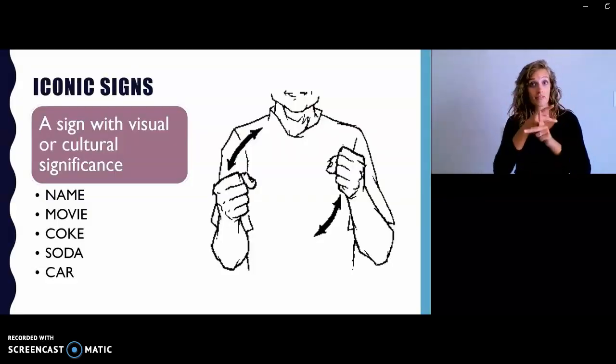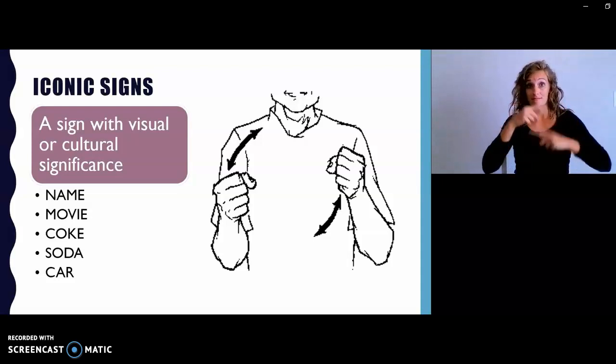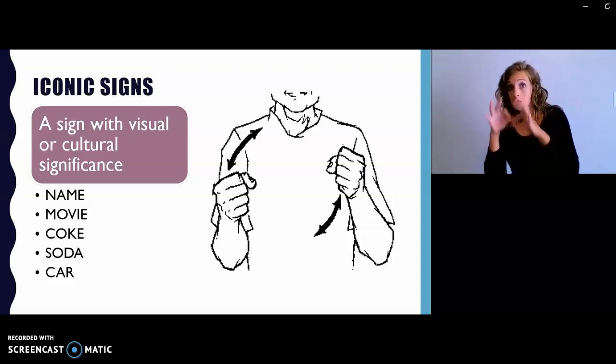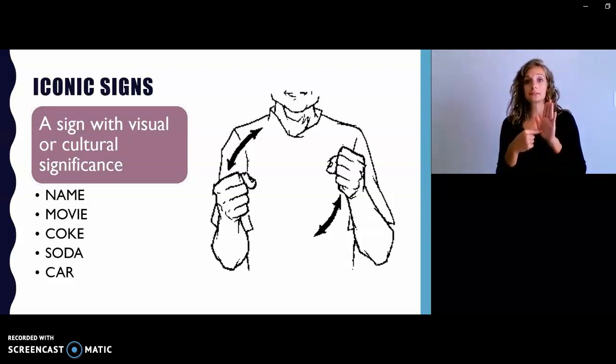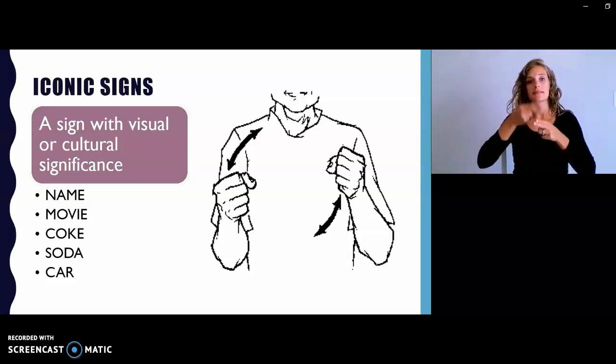Our next type of signs are called iconic signs. This means that a sign has a visual or cultural significance. So for example, the sign for name